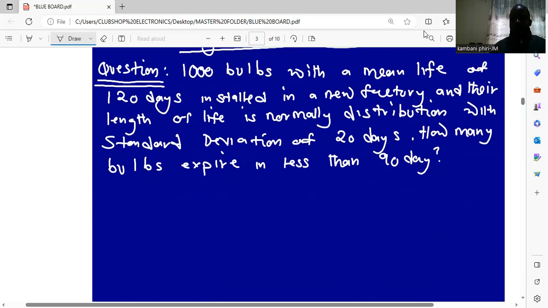Since these bulbs are manufactured in such a manner that they follow a normal distribution, you need to know that we are dealing with a normal distribution here. Because of that, we are going to apply the formula, before we even use the table: Z is equal to X minus mu, divided by the standard deviation,